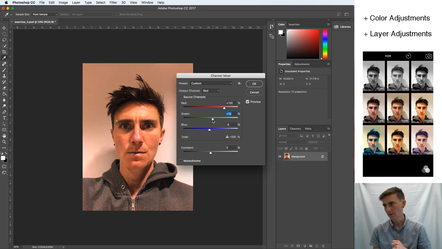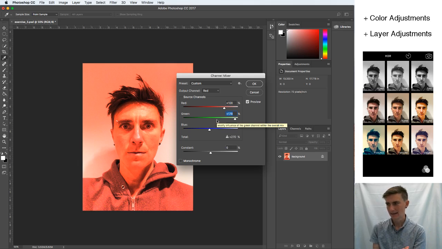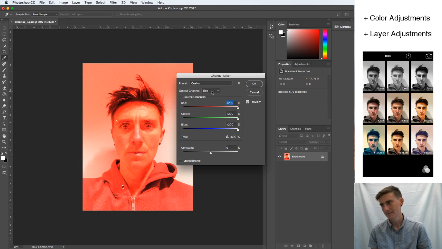But really you're going to be getting changes by playing with the green. If you are adding to the green, then you're also adding to all the red pixels, you're adding those pixels as red to all the green channels. And if you wanted everything to look very, very red, you would then up the blue as well. So what this is essentially saying is that every single pixel that is red is now going to have their red, their green, and their blue